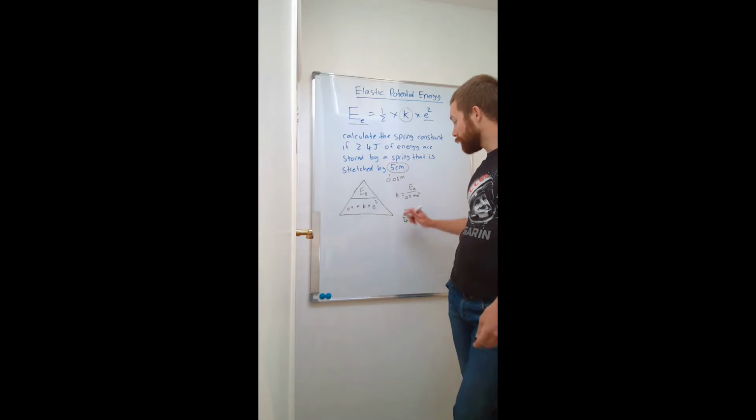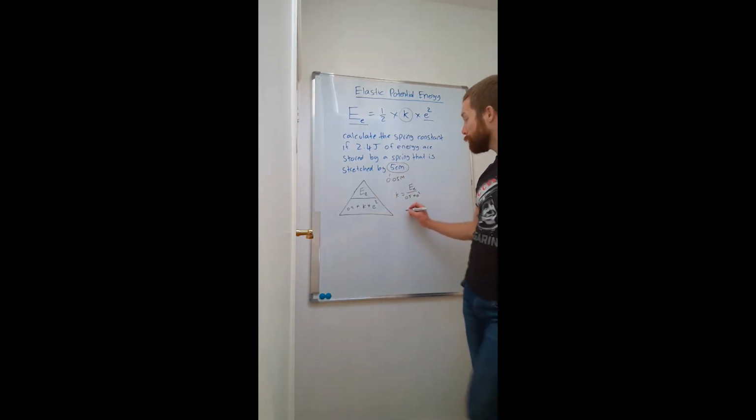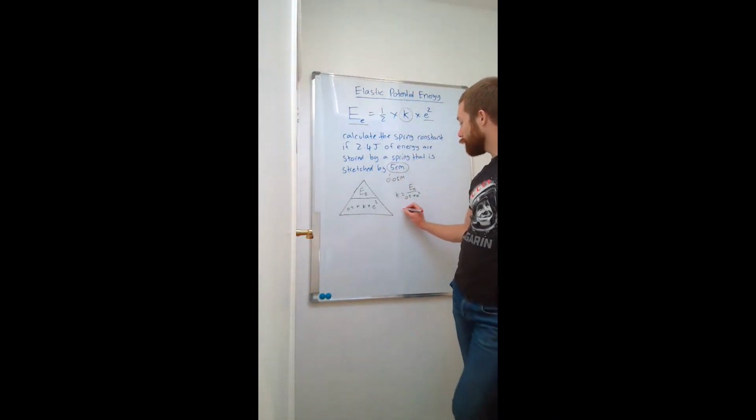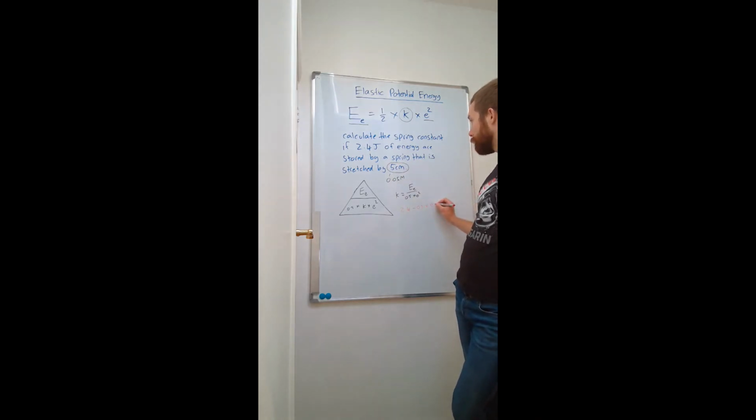If you were to type in, I'm going to do it in red because it's wrong, 2.4 joules divided by 0.5 times by 0.05 squared,